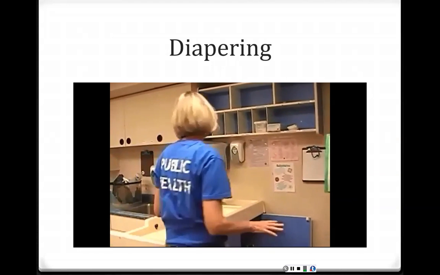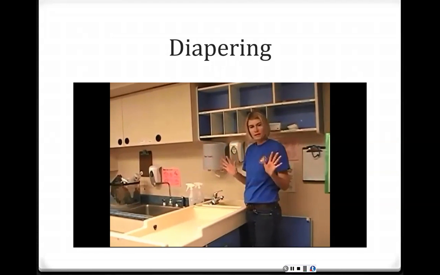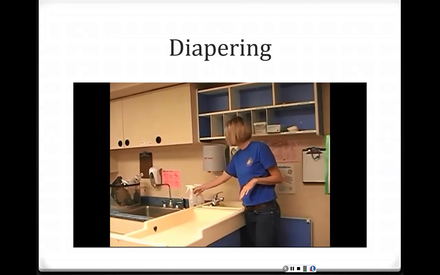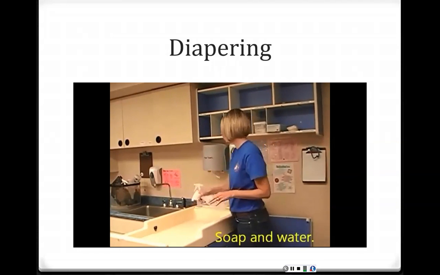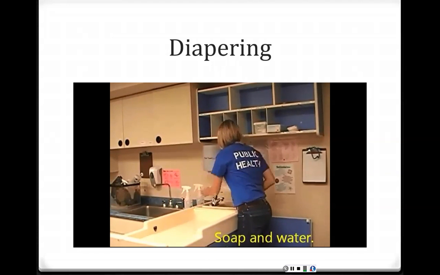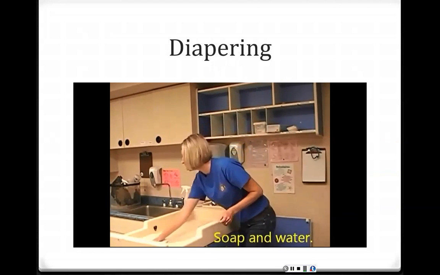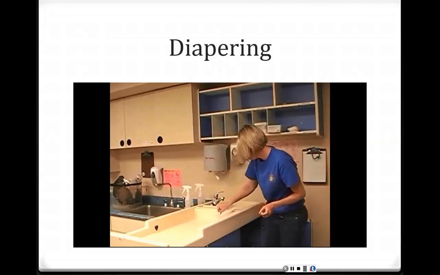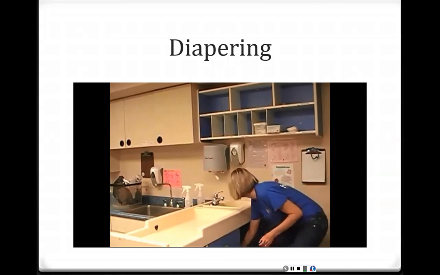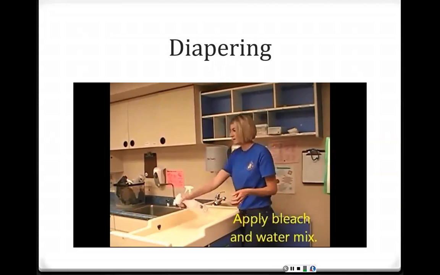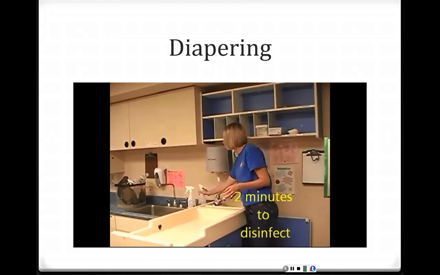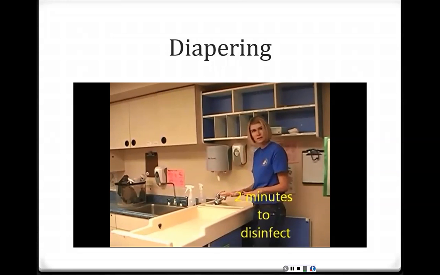and I need to come immediately back to my table because my hands are still dirty and I need to clean. I start to clean the surface with soap and water first. I'll apply that to the surface and wipe it down. Throw that into the trash can. Then the bleach water, apply that to the surface. And we're going to let that set for at least 2 minutes.